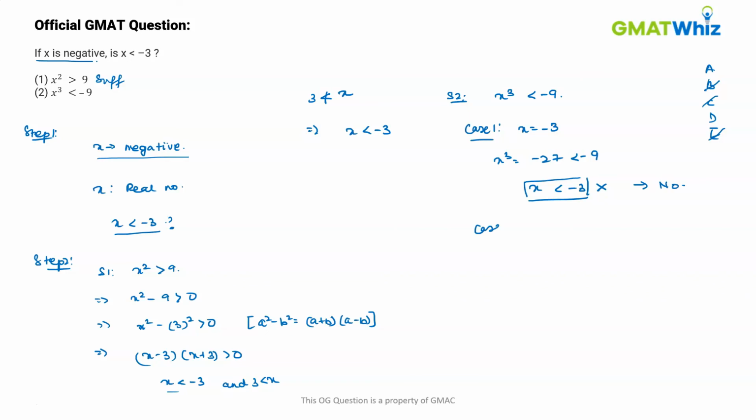Now let's consider another case where x is equal to minus 4. In this case, x cubed equals minus 64, which is less than minus 9, and x is also less than minus 3, and we can answer the question with a definite yes. But since we are getting two contradictory answers, we can say that statement 2 is not sufficient. And thus the correct answer is option